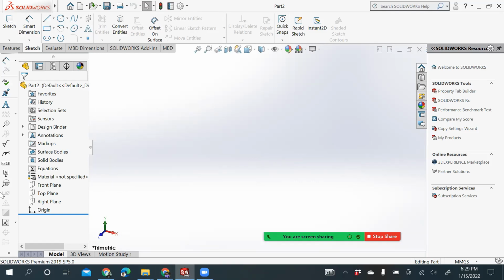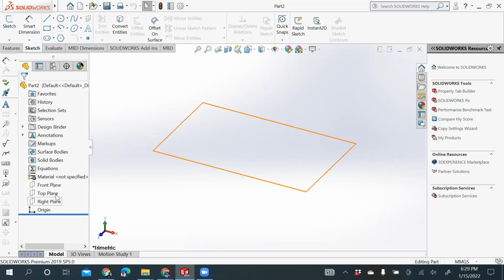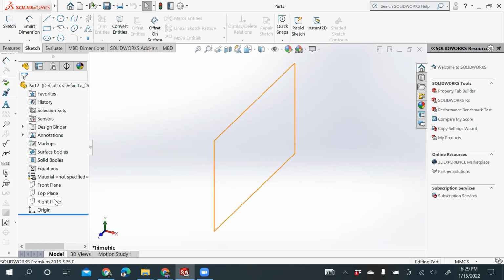we'll start with selecting a particular plane to start our sketch with. Now there are three planes which together give you an isometric view. Where you are sitting in your room, you must be having three walls: a wall in front of you, a wall on the right side of you, and a floor which is beneath you.